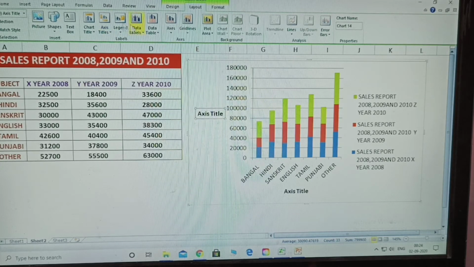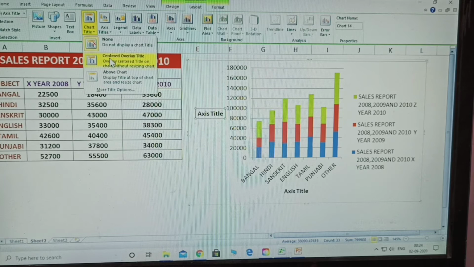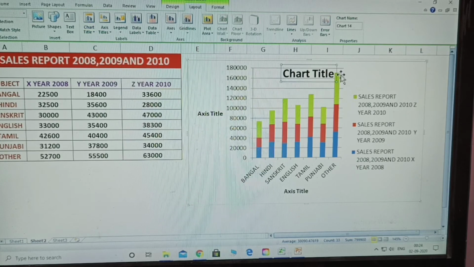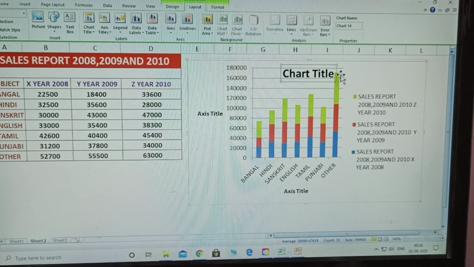The title is given after selecting the chart title here. So for any chart, any layout you take, give the chart title and axis title vertically and horizontally. Vertically means always the y-axis, horizontal means always the x-axis.